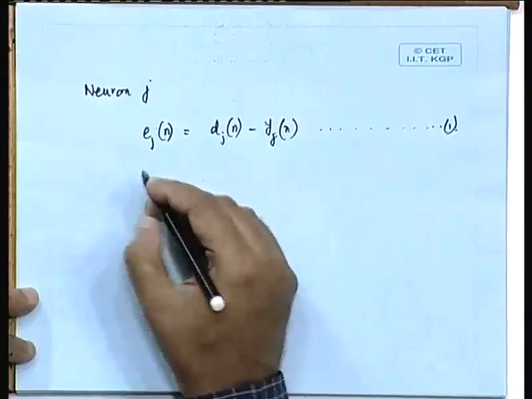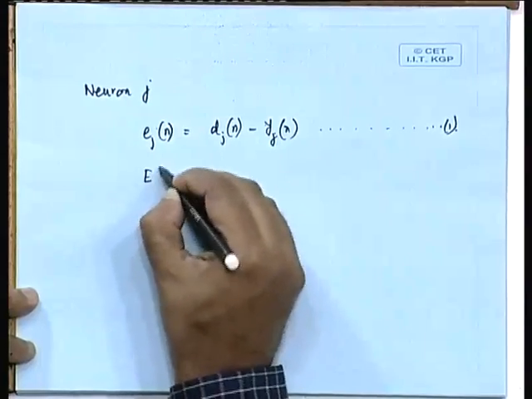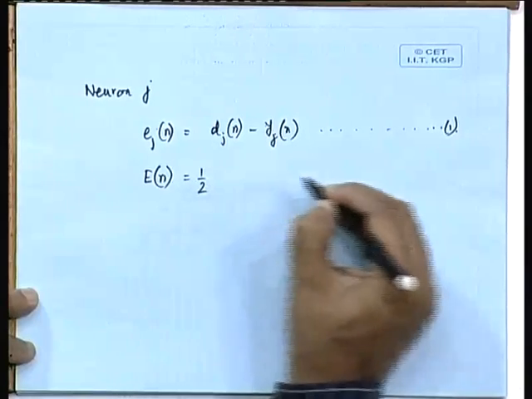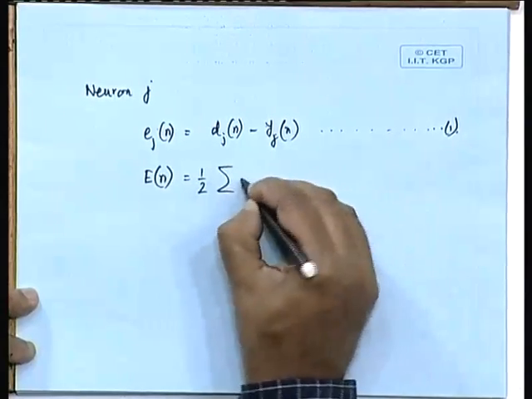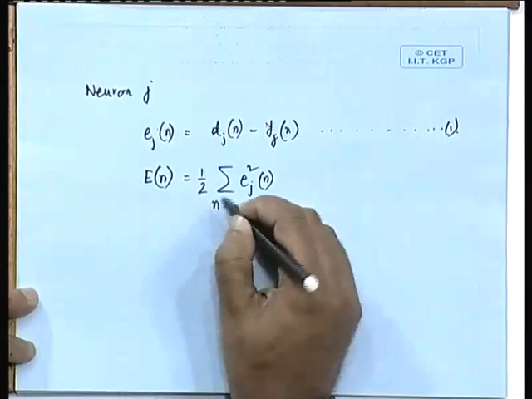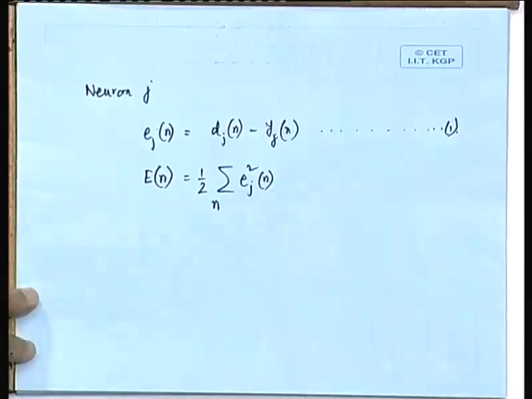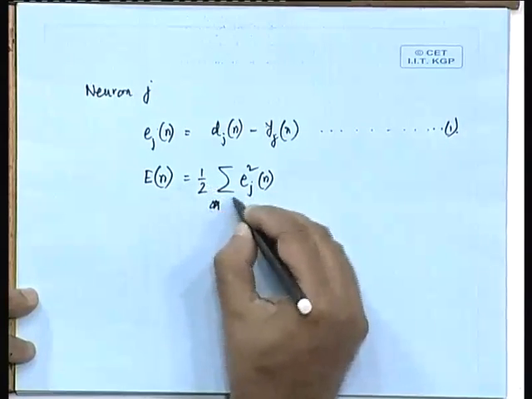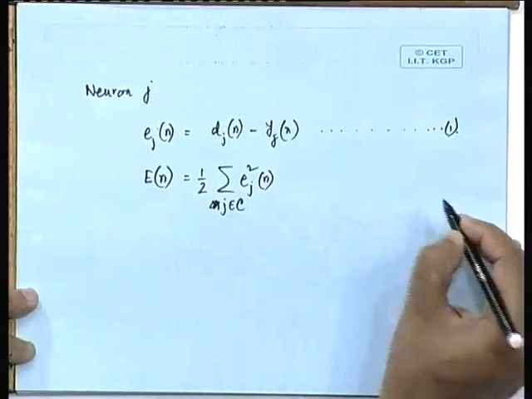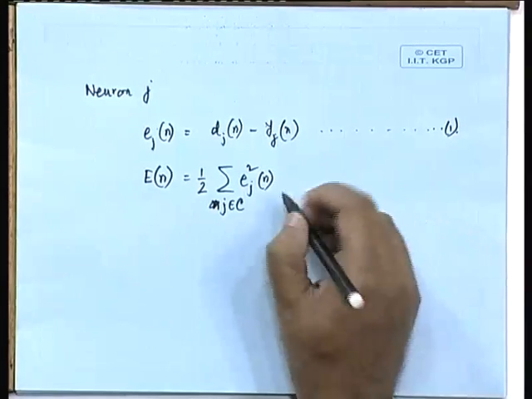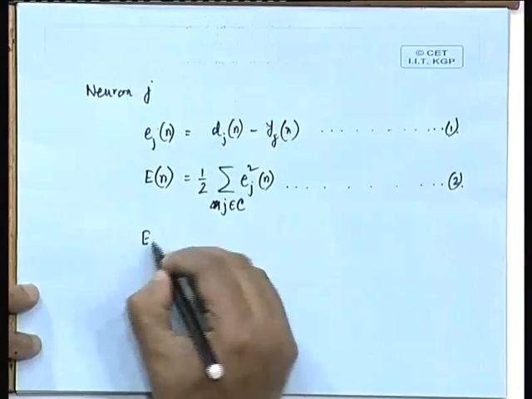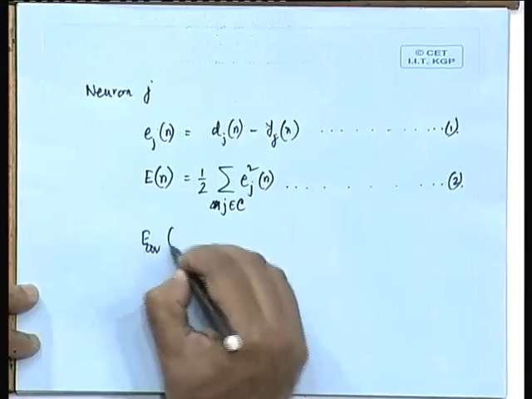Then we had defined the instantaneous value of the error energy, E(n), the error energy at the iteration n, to be equal to half of the summation of e_j squared(n), where j is indexed over the set C, which includes all the neurons in the output layer. So, this was our equation number 2, and then we had defined the average squared error energy E_av